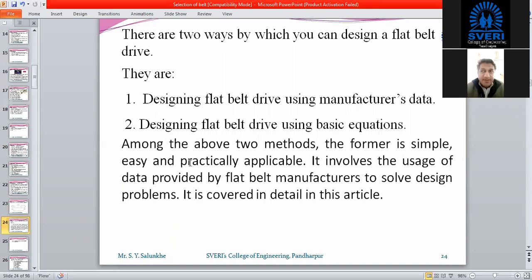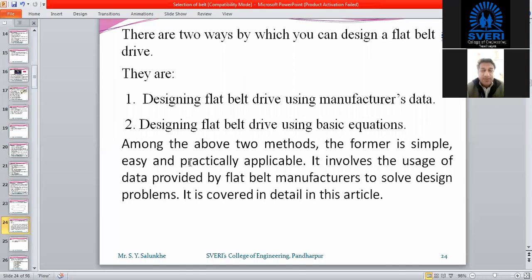For that purpose, let me tell you one thing: these belts we are not going to design. They are selected, and if you want to see the design procedure of belts in detail, then we can have a separate course for that. The same principles are used as we have seen in the case of fluctuating loading, or in the case of steady, constant, static loading. But the procedure is not included in our course or in our syllabus. Here we can select the belt drives, and that selection is done based on the catalogs which are provided.